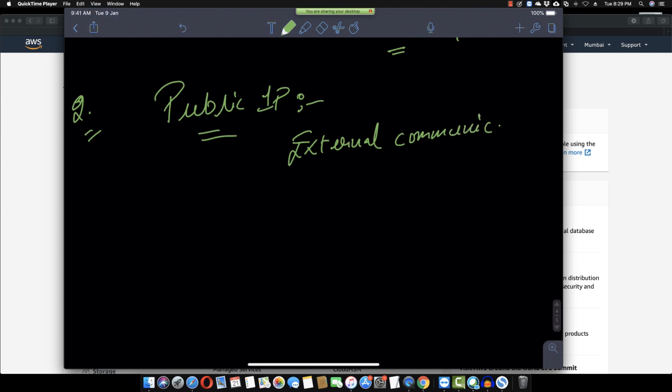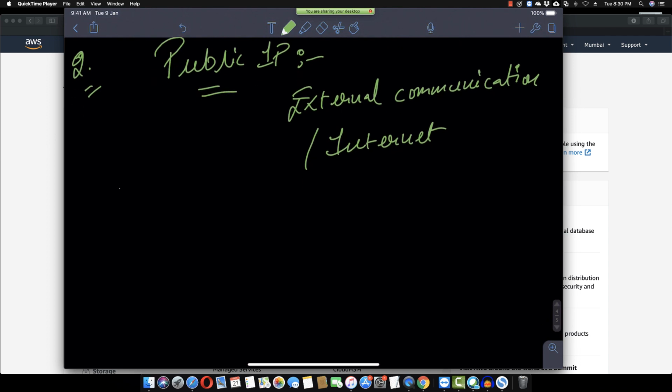If you want to expose your resources to the internet, that is external internet communication, then you allocate the public IPs to them. Now, what are the ranges they fall into? Any range except